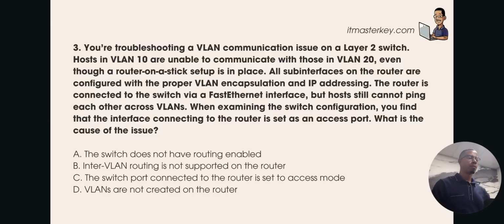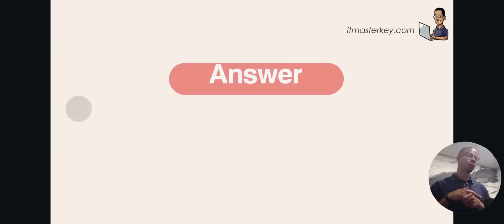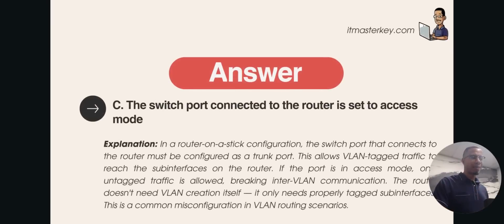Three, two, one. The switch port connected to the router is set to access mode. In a router on a stick configuration, the switch port that connects to the router must be configured as a trunk port. This allows VLAN tagged traffic to reach the sub-interfaces on the router. If the port is in access mode, only untagged traffic is allowed,